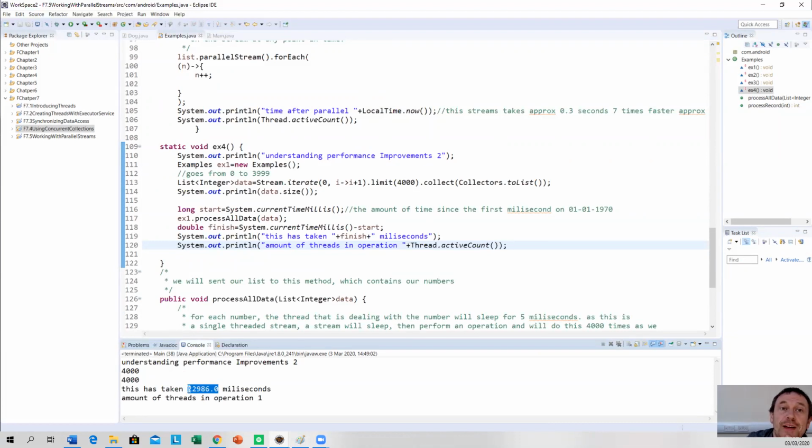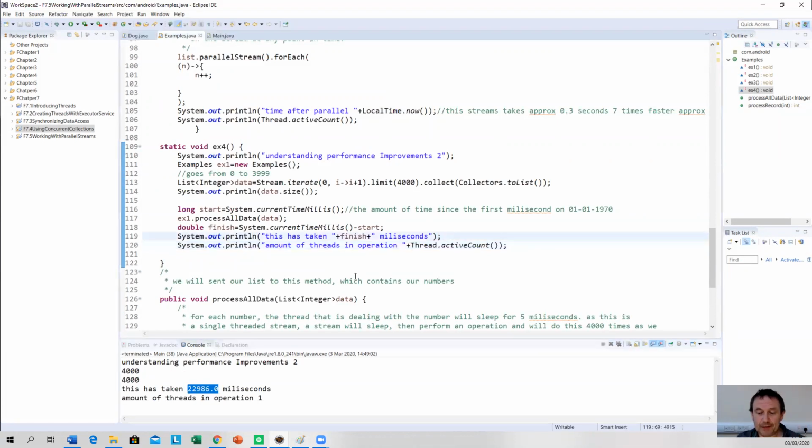That's 30 seconds, isn't it? Milliseconds, thousandth of a second. You have to turn it into what? Seconds. Divide by 1,000. Okay, so